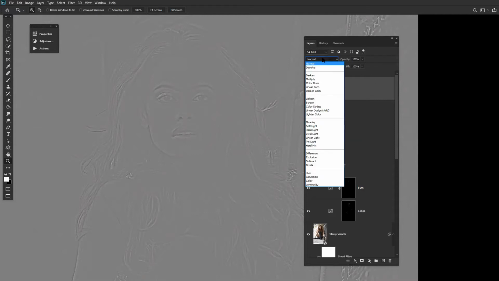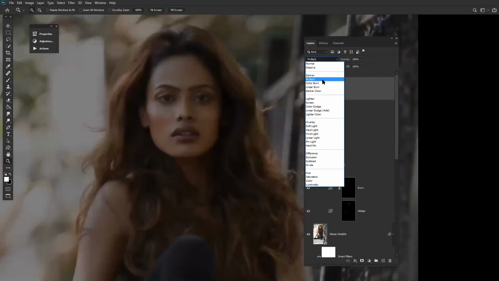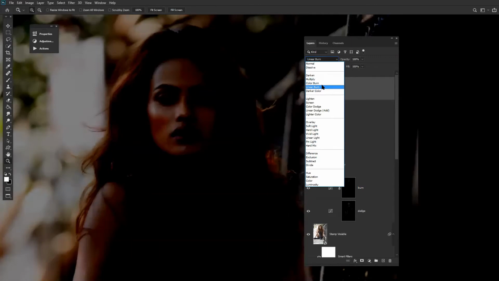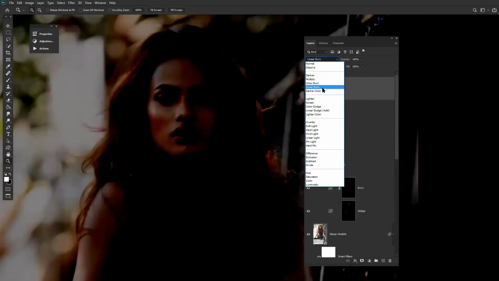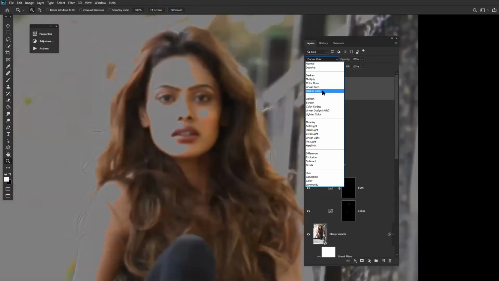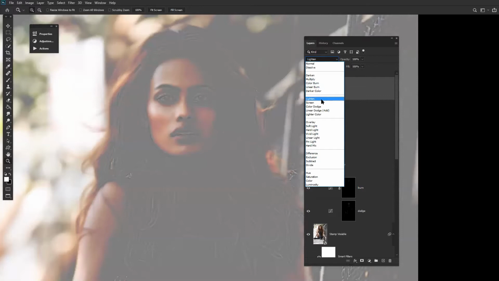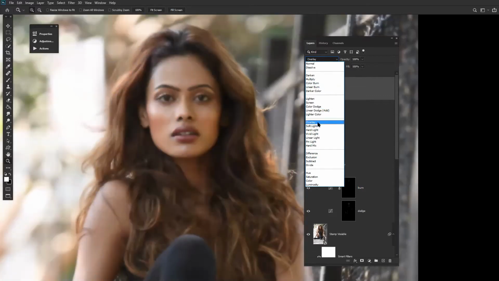If I go to other modes, suppose I go to multiply, it's darkening out the texture. Color burn, it's increasing the contrast more. Darker color, it's doing the same. Lighten also, it will brighten up the image. Overlay, it's bringing out the colors, but the texture is lost. Same goes with soft light, hard light, vivid light.